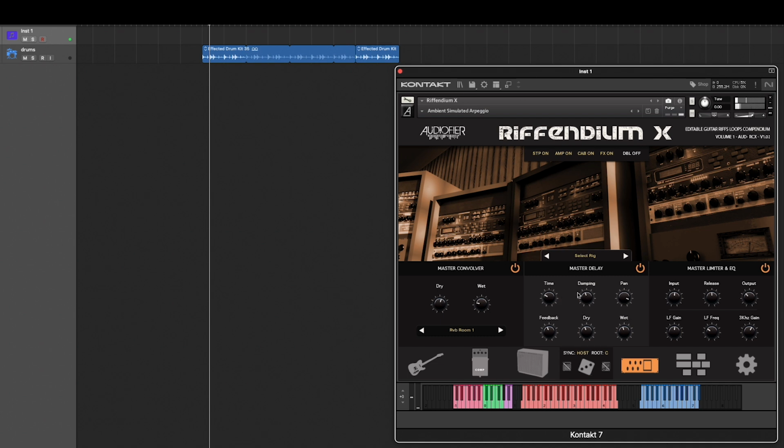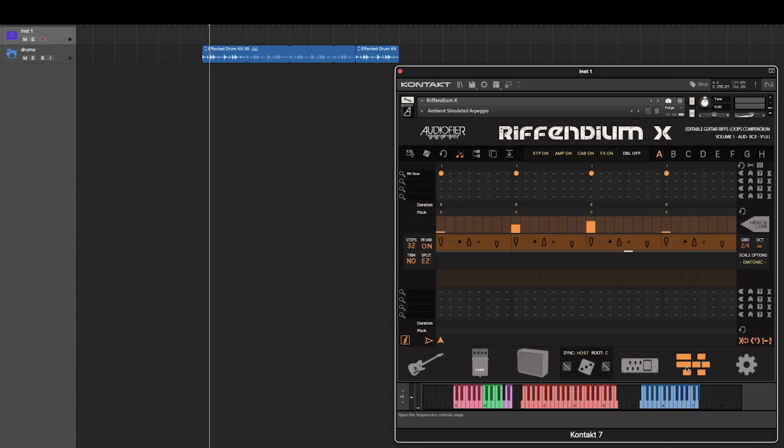And also I could reduce a little bit the delay amount. So now when I go back to my sequence,